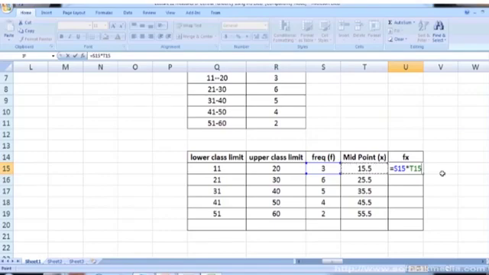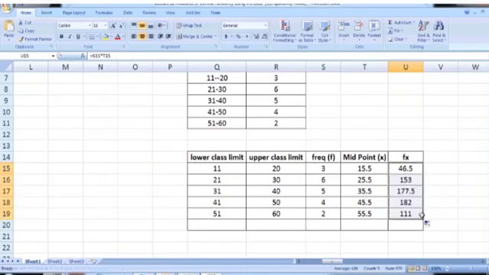This gives us the product of 3 times 15.5, so we get 46.5. Take your mouse cursor to the bottom right corner of this box and drag it downward. Here you can see S19 asterisk T19, and S16 and T16. So we get the product of f and x.